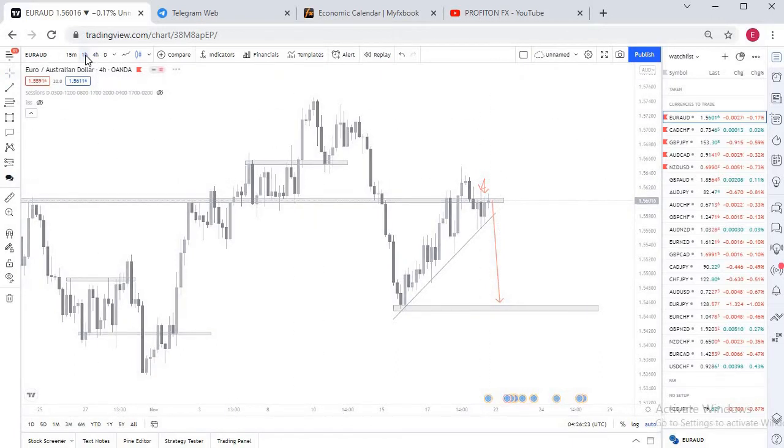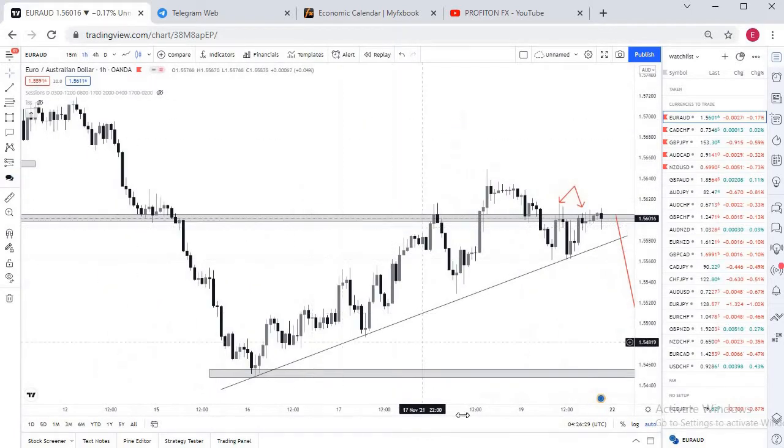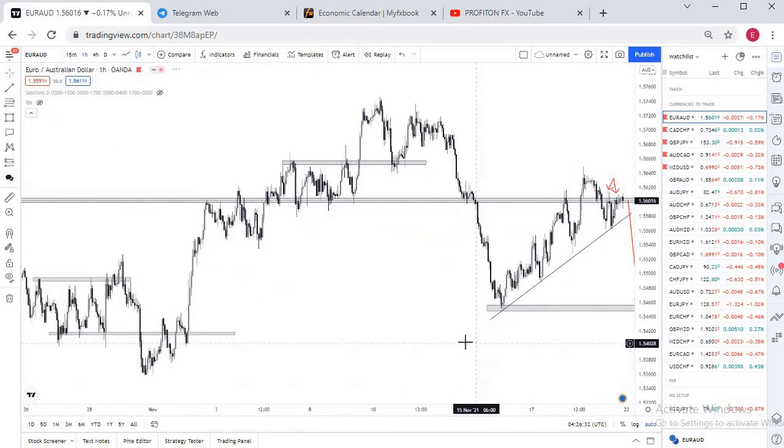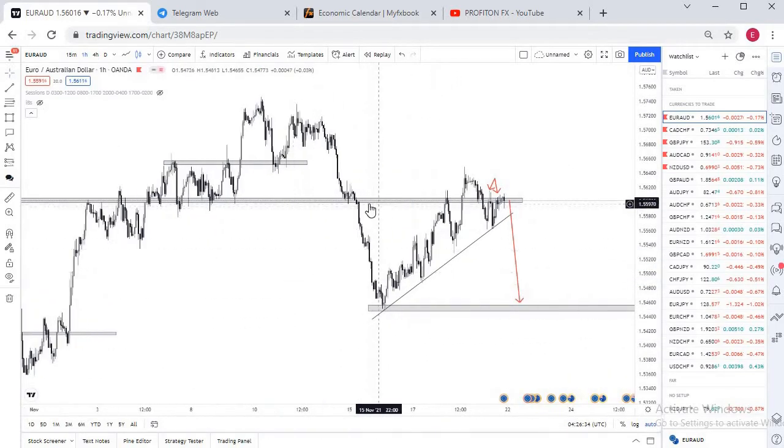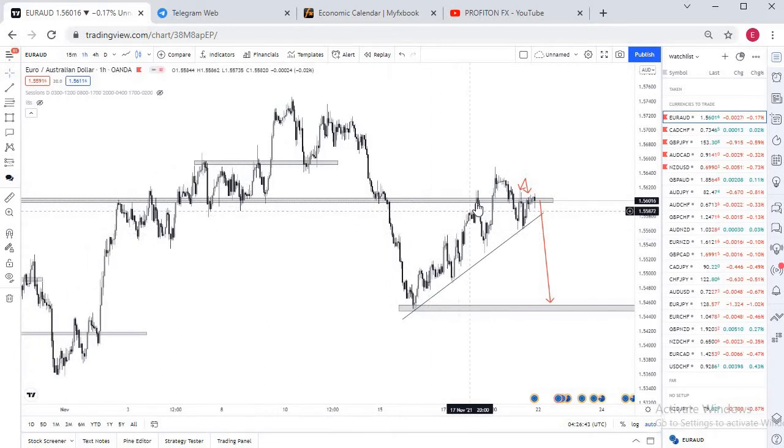When we move on to our 1 hour time frame, we have a horizontal level here marked by this gray rectangle that I'm pointing at with my mouse. Now we've seen price come to that level, and we've seen rejection off of that level, after which we saw price break above that level. I had called out this sell setup at this point here. However, it got invalidated because we saw price break above this level here.